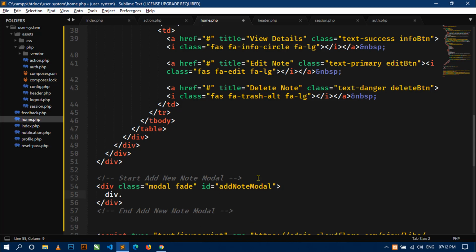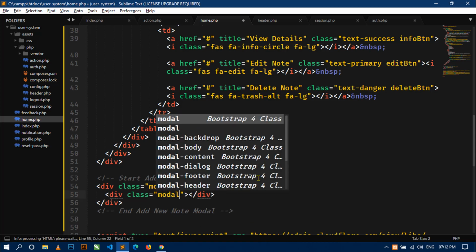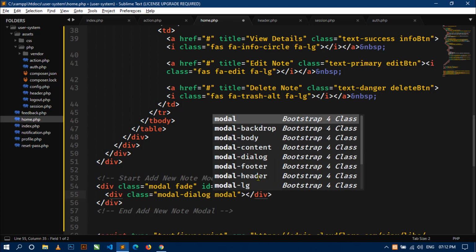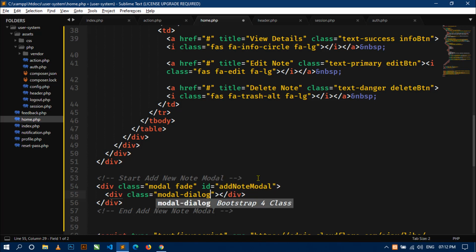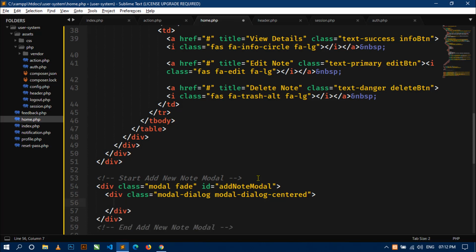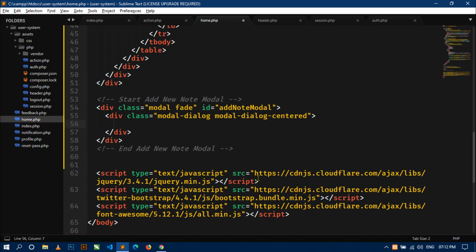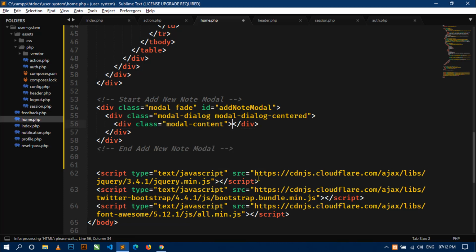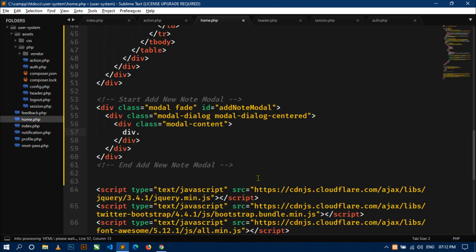Now again I will create a div, and here I will write modal dialog, modal dialog centered, and inside this div I will create div class modal content,